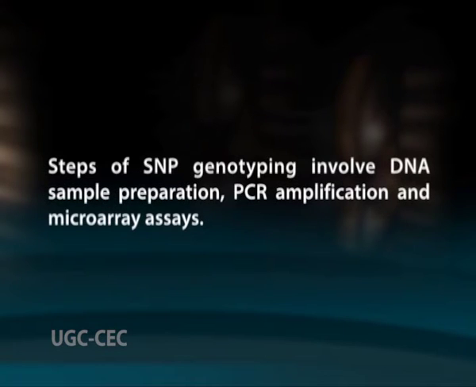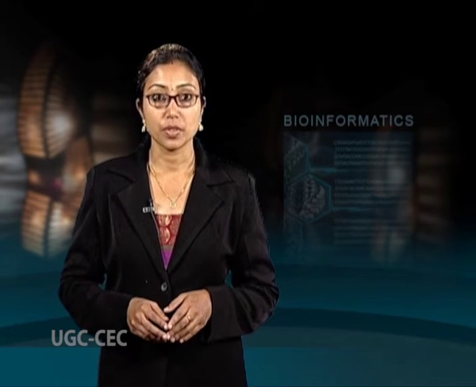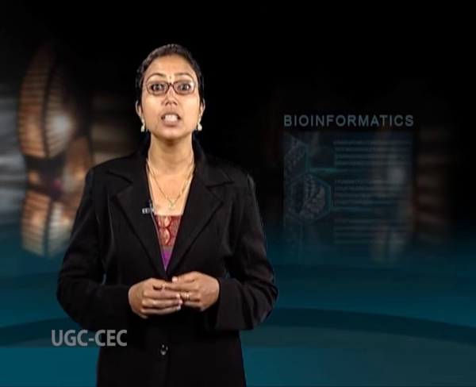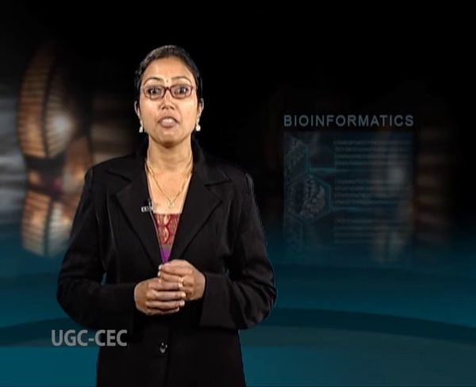Steps of SNP genotyping involve DNA sample preparation, PCR amplification and microarray assays. The microarray technology must label SNP locations of both alleles in the DNA sample and determine the base values. Orchid Biocomputer and Affymetrix are the leaders in providing SNP genotyping technology. They have developed single nucleotide polymorphism genotyping assays that combine Orchid's proprietary GBA primer extension technology with an Affymetrix GeneChip universal array. Their technologies can provide ultra high throughput of 1 lakh genotypes per day.